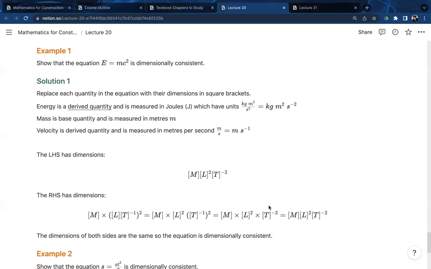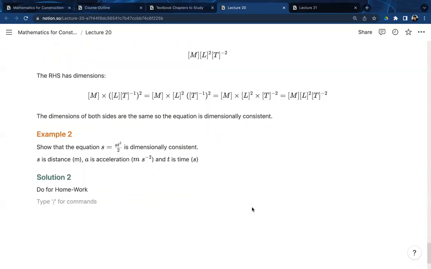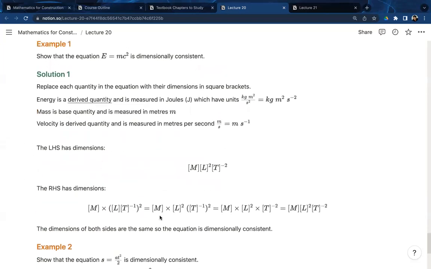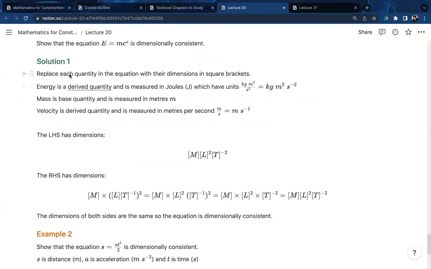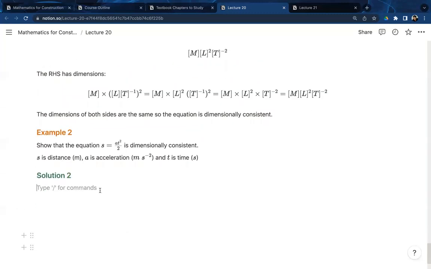So here we say we're using it for the easy case, where you're given a formula already, and you have to show that it's dimensionally consistent. So the first step is, you replace each quantity in the equation with its dimensions in square brackets. Okay. So we have here, S. What is S? S is distance or displacement, right? I said distance is meters, right? So dimensions